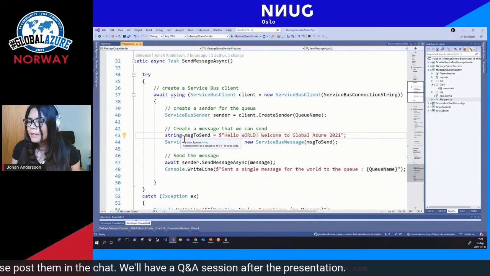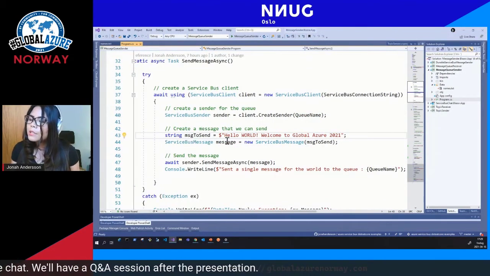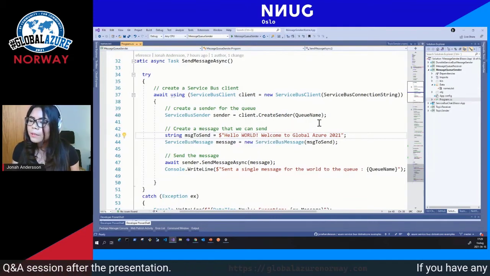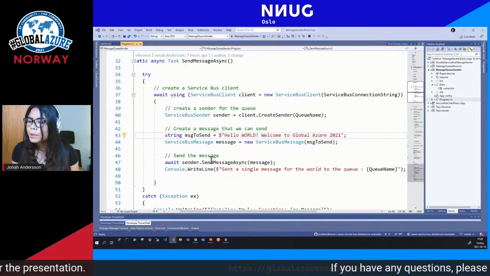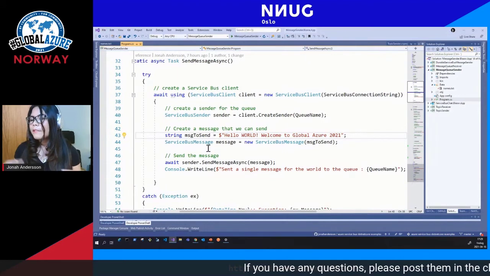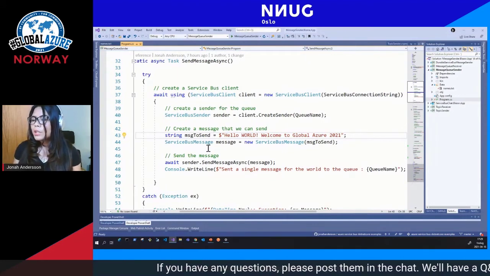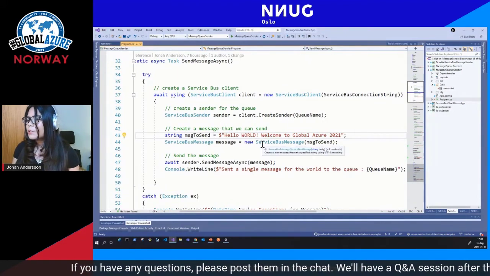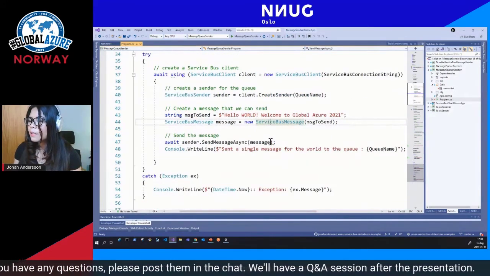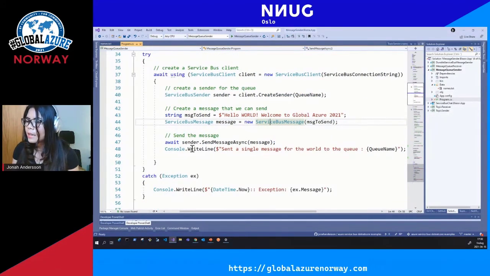And then I created a hard-coded message to say, "Hello world, welcome to Global Azure 2021." I'm going to have it as a service bus message, which is built in this SDK.